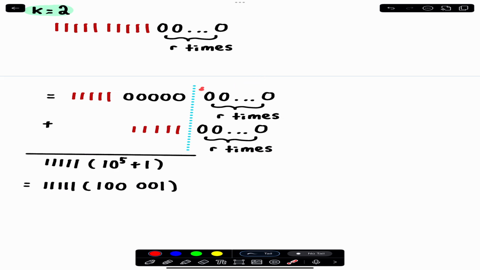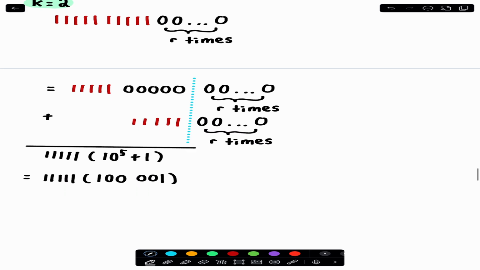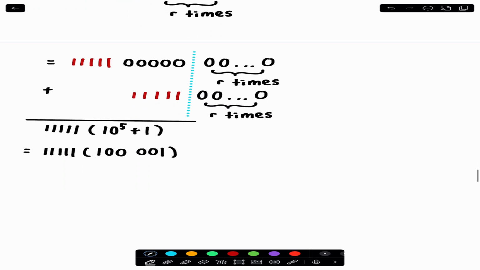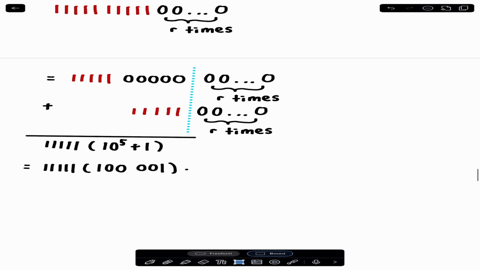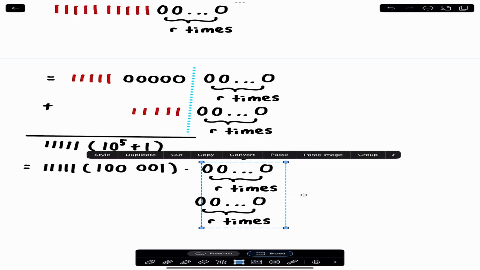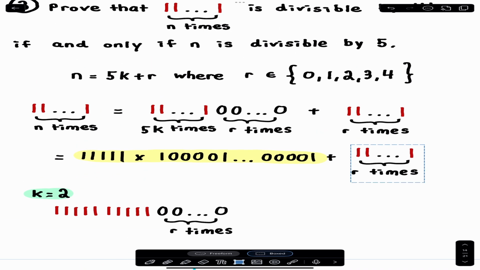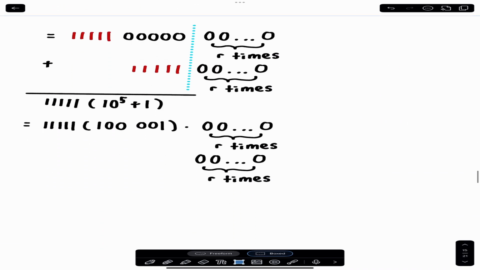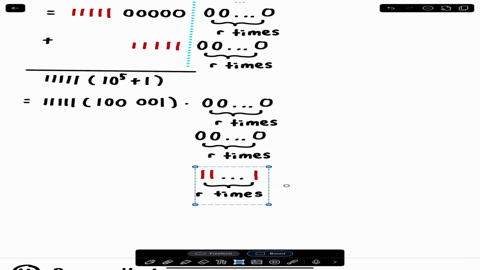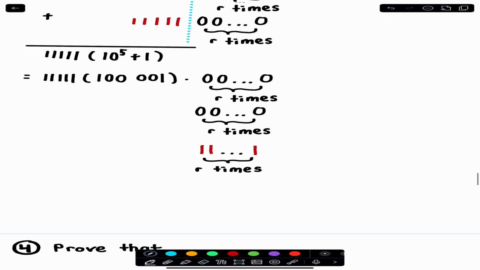I know we've ignored this, but we can't technically ignore that anymore. So you may be wondering, what happened to these guys? Well, they're still there, but keep in mind, we still have these R copies of 1 to add. So why don't we go ahead and add them up? And when we do that,